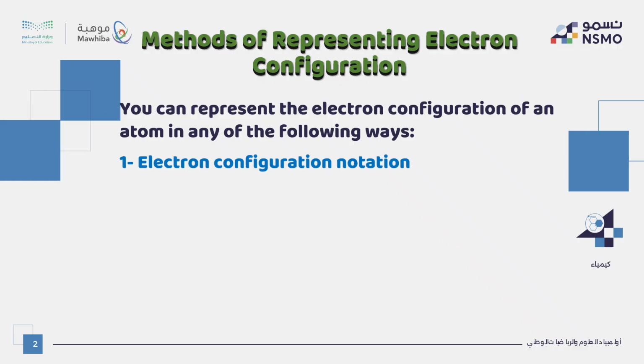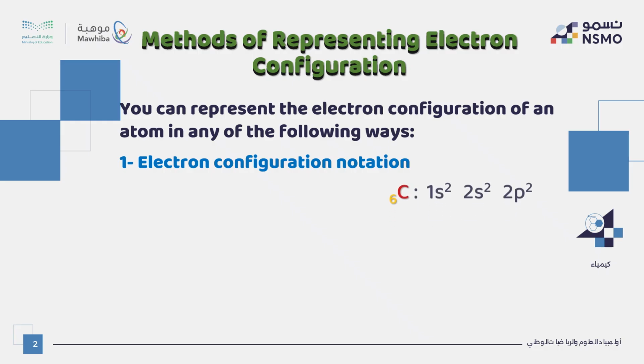Method 1, electron configuration notation. Let's start with electron configuration notation. This method uses numbers and letters to show how electrons are distributed among energy levels and sublevels. For example, carbon has an atomic number of 6, which means it has 6 electrons. Its electron configuration is written as